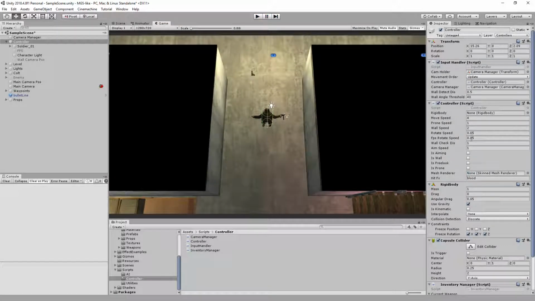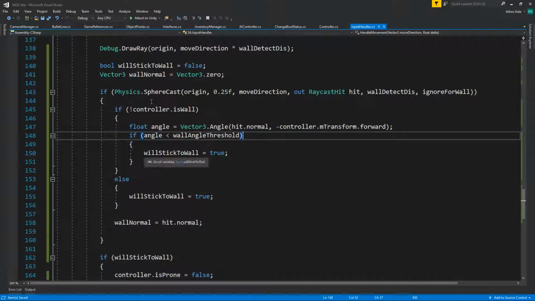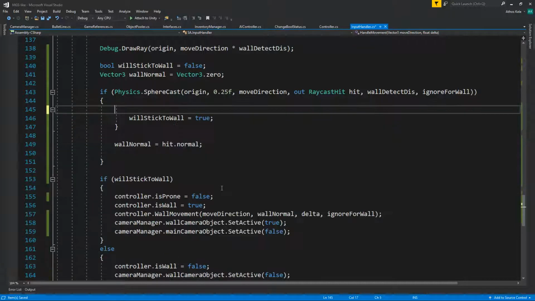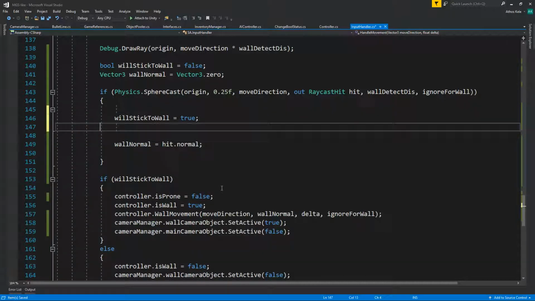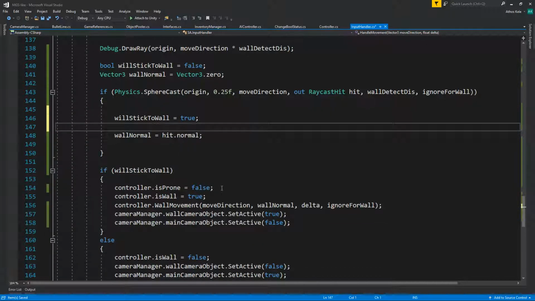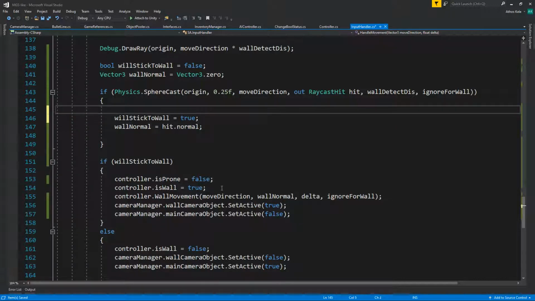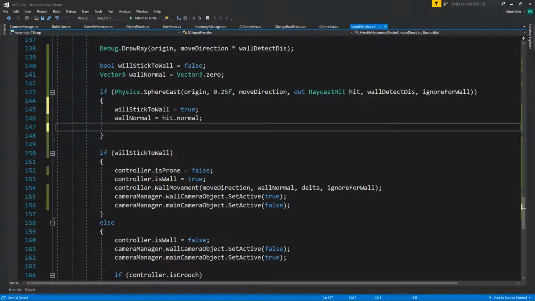Yeah, no, let's leave this back to where it was. You know what, let's maybe remove entirely the angle check. We'll stick to wall. And I want to throw a debug.log